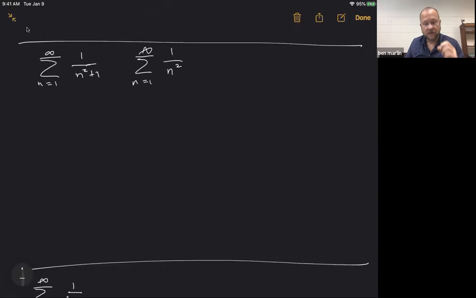Those are very similar. This one we know converges by our p-series ideas with p equaling 2,